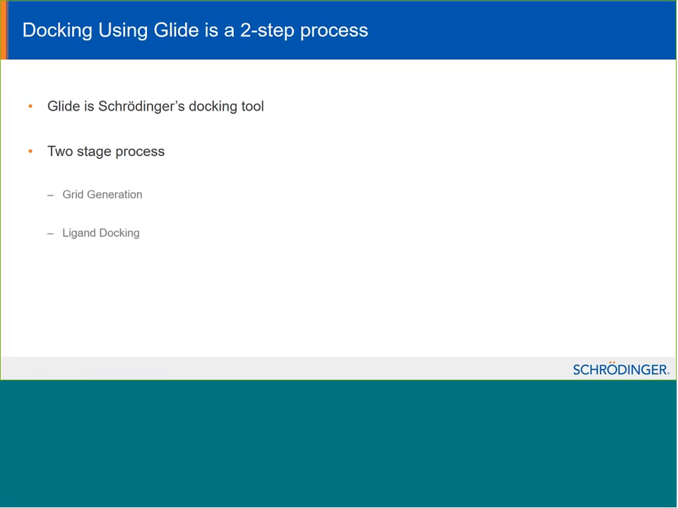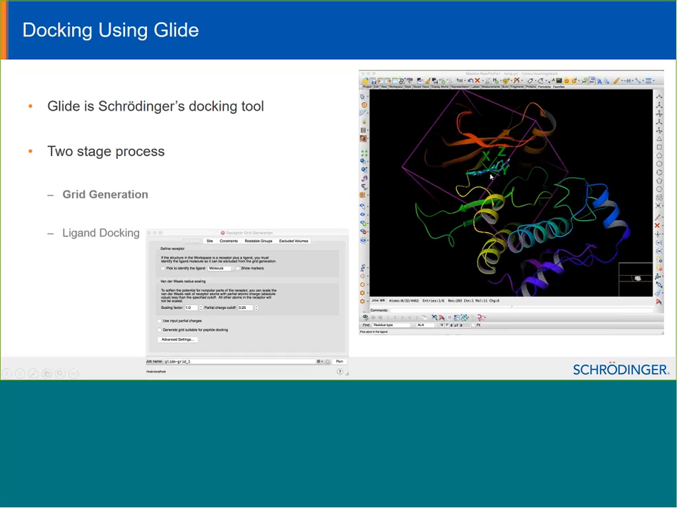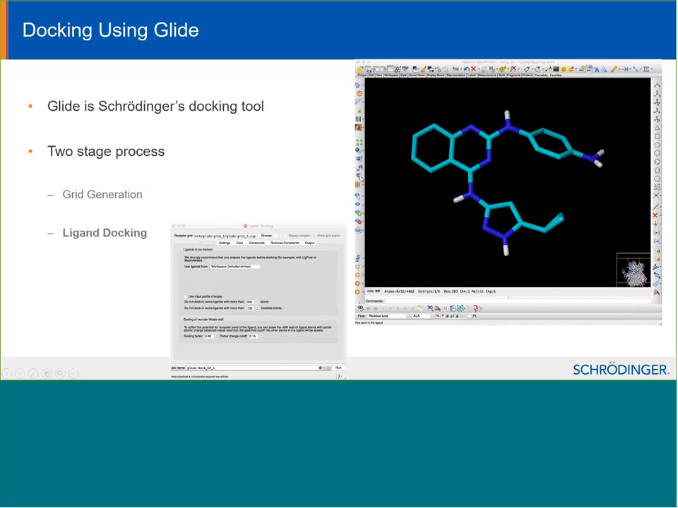So the 2-step process in using the Schrödinger tool for docking is grid generation for defining your grid. So we place a sort of active site box around the co-crystallized ligand in the grid generation. And then we perform ligand docking. So we take our co-crystallized ligand, if that's the first thing we do, and then dock to that grid which emulates the receptor